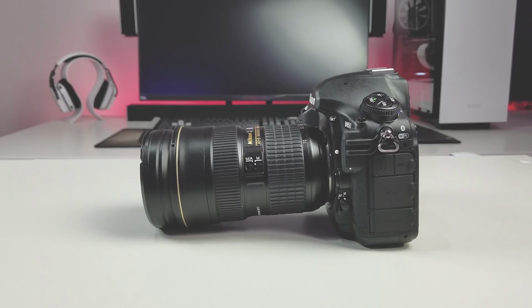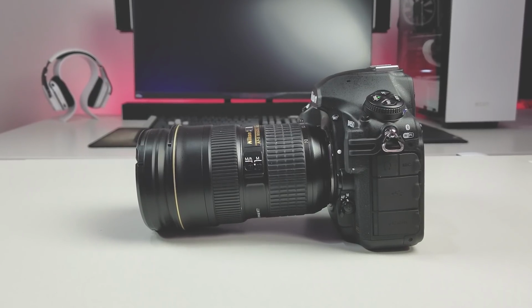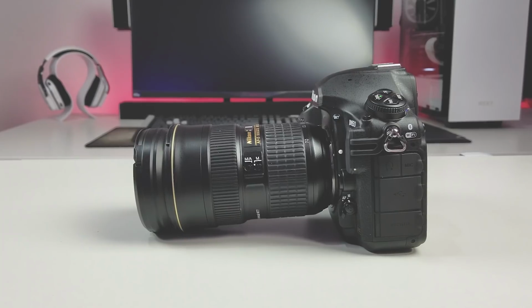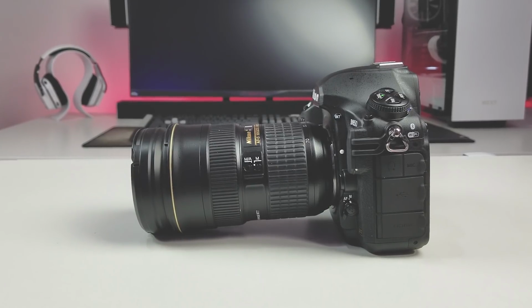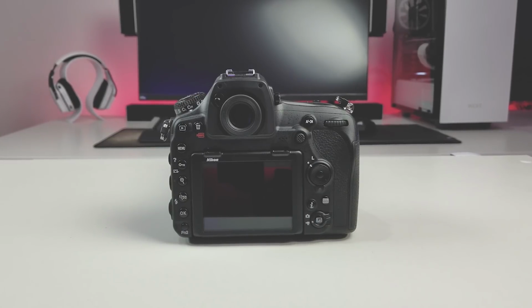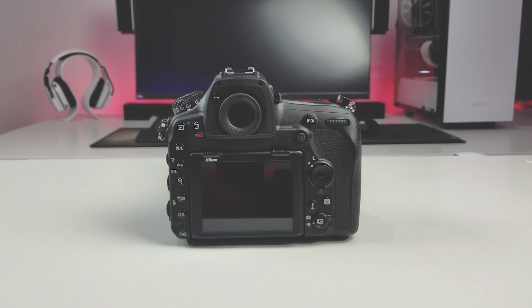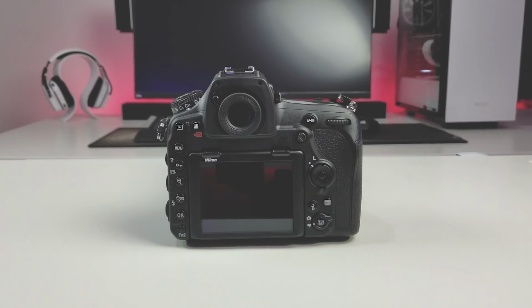Alright, so this is a full frame camera with a 45.7 megapixel CMOS sensor. It can shoot up to 4K 30 frames per second without a crop, and 1080p 120 frames per second with a crop. Now in terms of video features, you're definitely not going to find as many in this camera as you would in, say, a GH5 or a camera heavily focused on video, and that's because this camera's main purpose is